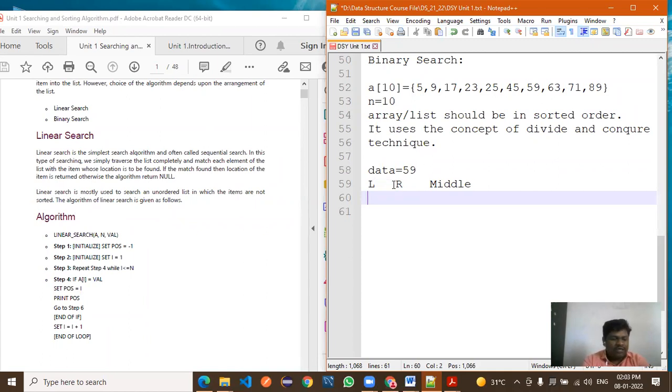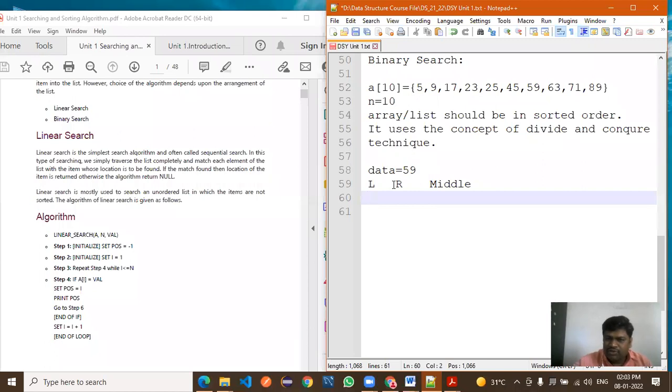Now left is at which location? Left is at A of 0. And R is at which location? So here I will write the index.